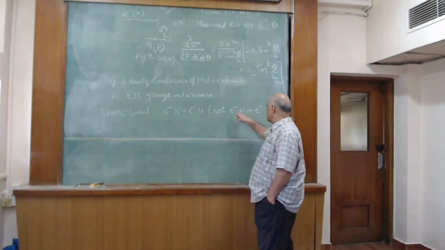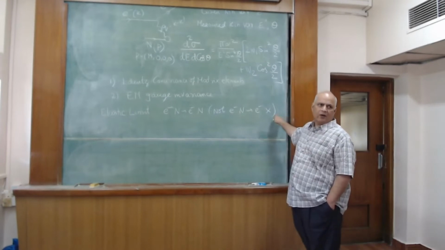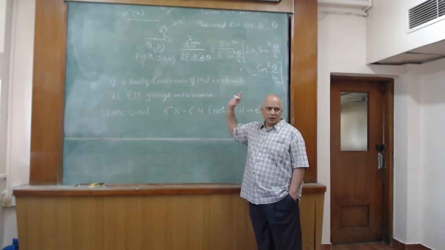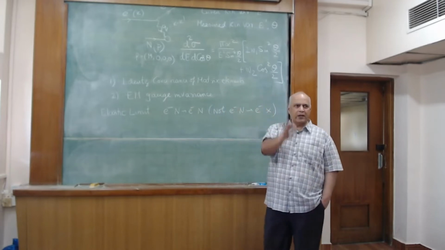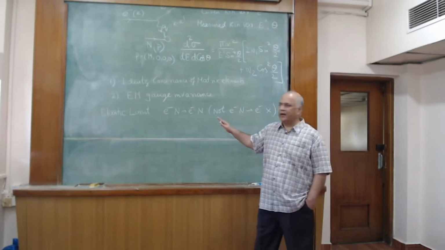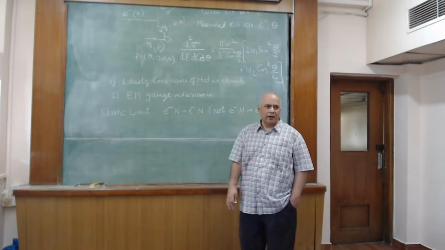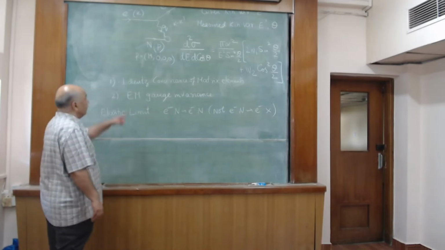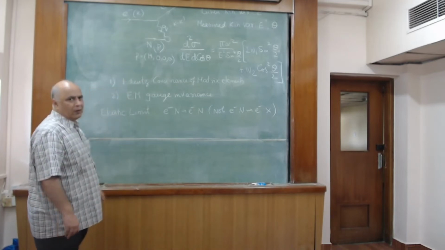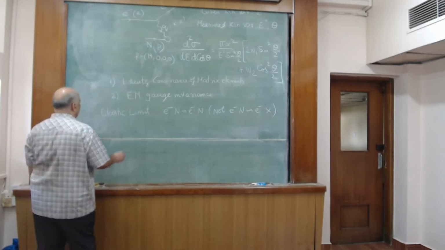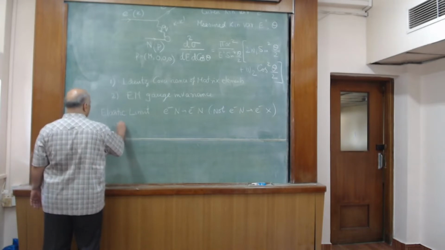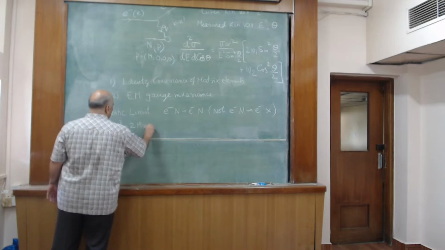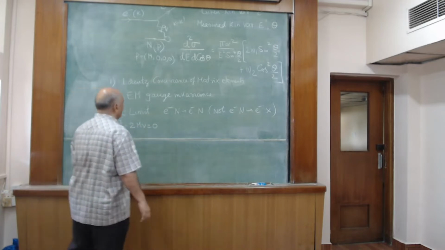In the above we were considering a general hadronic final state, but here we limit ourselves so that the same nucleon that is there in the initial state is also there in the final state. In that elastic limit, there is a constraint between E prime and cos theta, and that constraint is written in the form